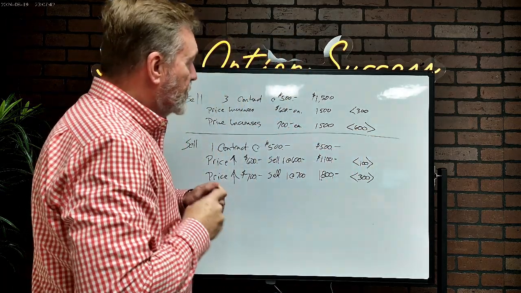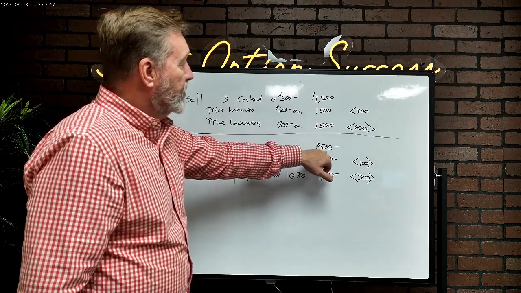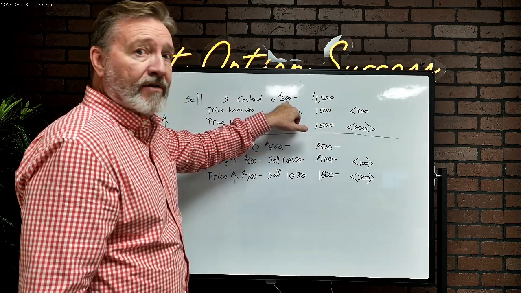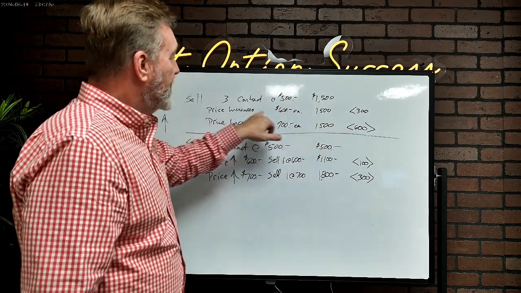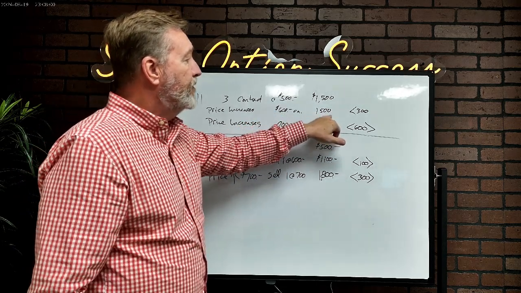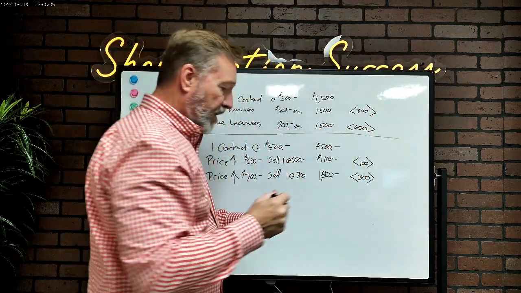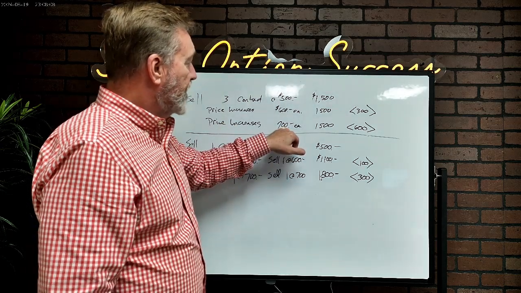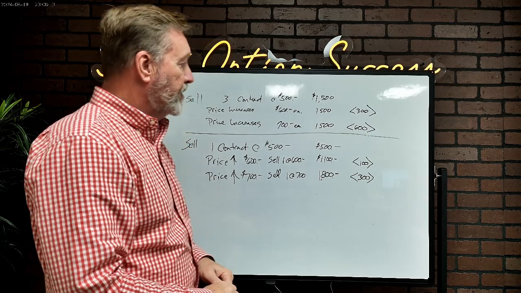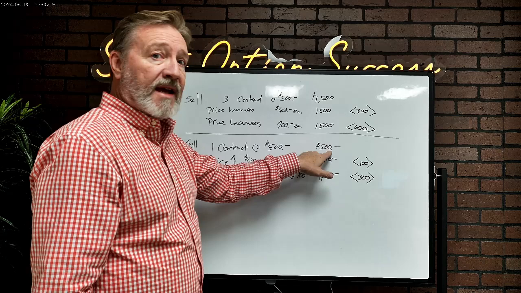So let's look at the difference between the two scenarios. I collected more in the beginning, right? I only collected 500 here, or here I collected 1,500. I sold 3 at 500. The price increases, goes about 20% against me. They're worth now $600. I've still only collected 1,500, but they're worth 1,800. I'm showing a loss right now of $300. Goes up a second time, they're worth 700 each. Still only collected the 1,500. I'm behind by 600.